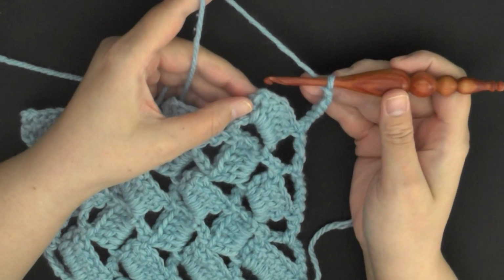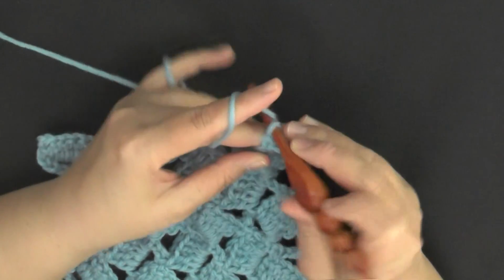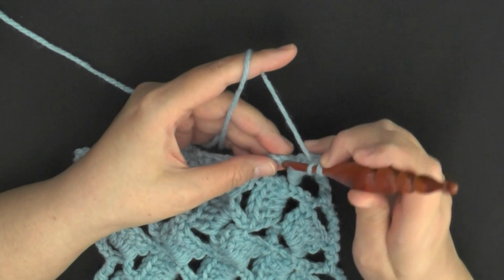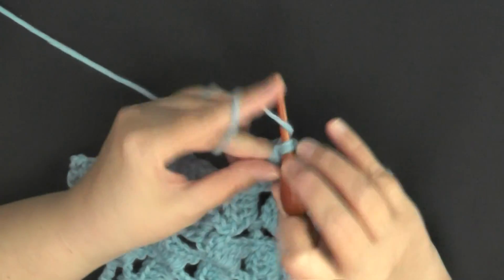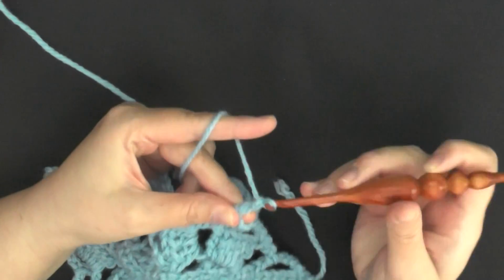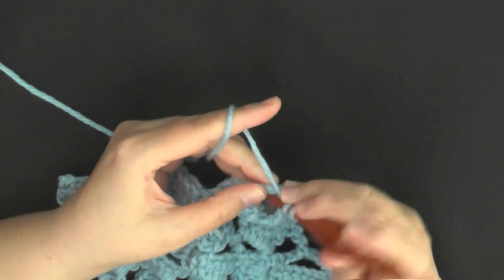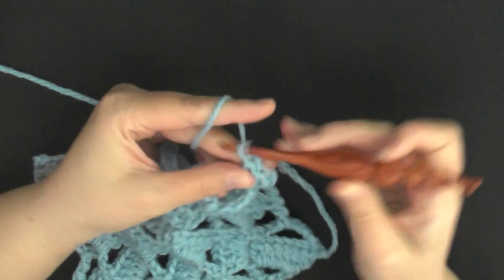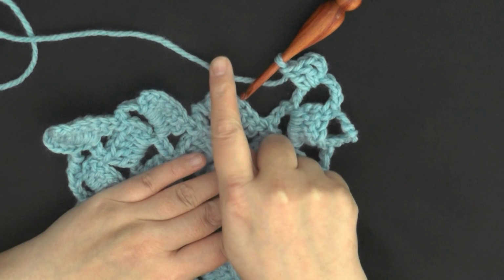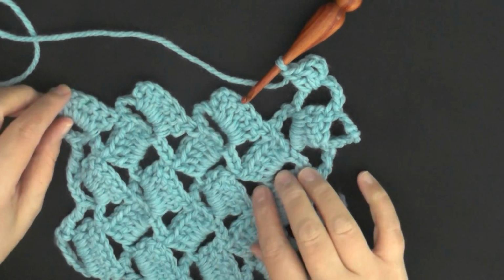and you'll single crochet in the tip here, the top of the chain 3. Then chain 3, and again work your double crochet into the first chain in front of your shell, then chain 3, and work your double crochets onto your post again. And then when you get done, you'll single crochet onto the tip again, chain 3, then double crochet in the chain before the shell, and you can continue on till you get to the end, and I'll show you how